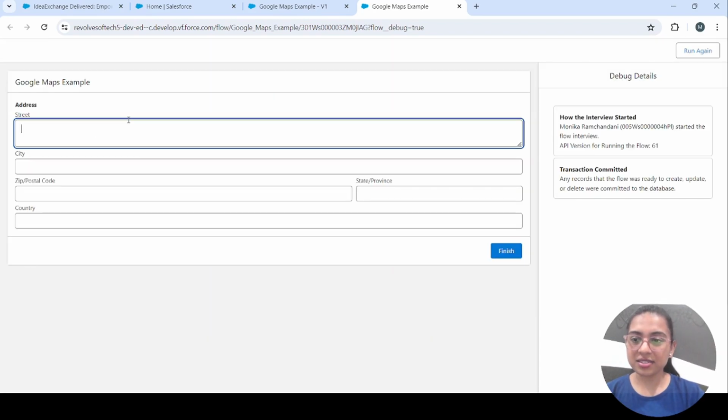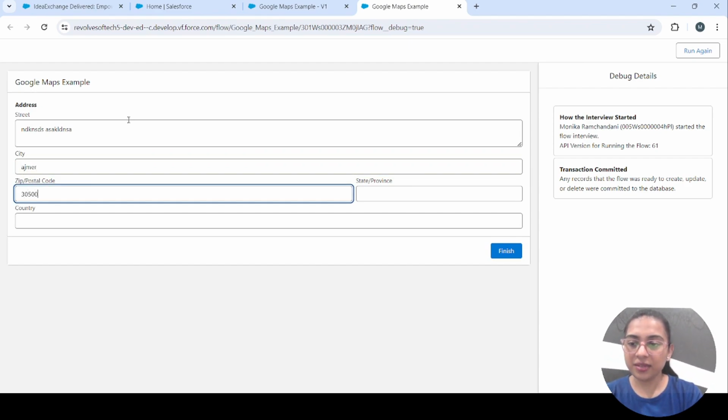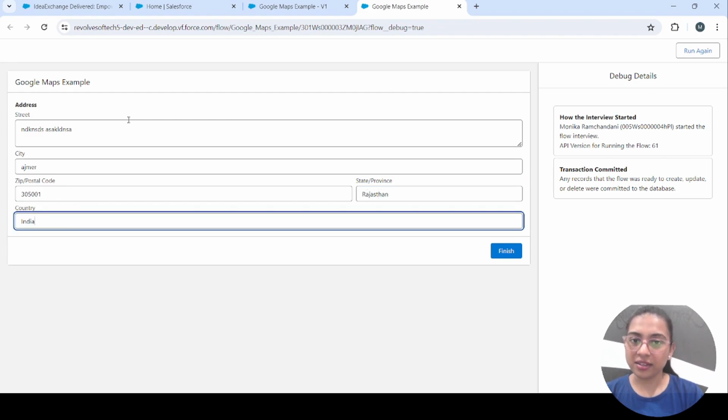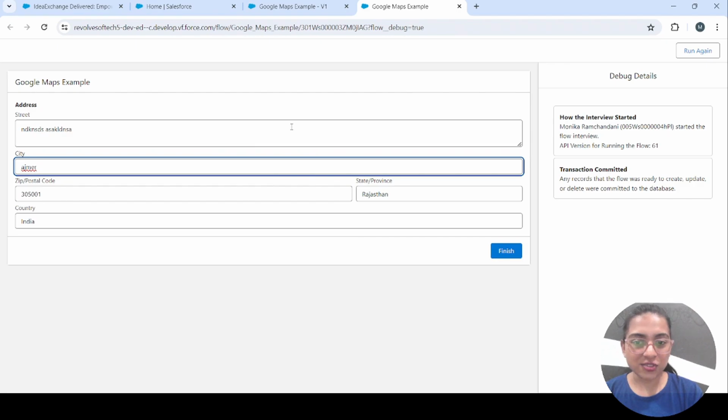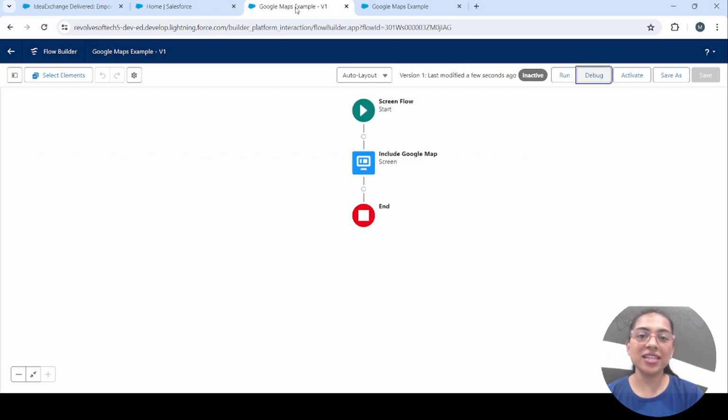And here you can see this is a simple address where you will enter street, enter city. Let's say I'm entering my city, and your state and everything that you want to enter. Okay, these are just all text field and text area fields respectively. Now what happens when you add Google Maps? It just makes it easier, quicker, it gives a better user experience, and just saves time, right?